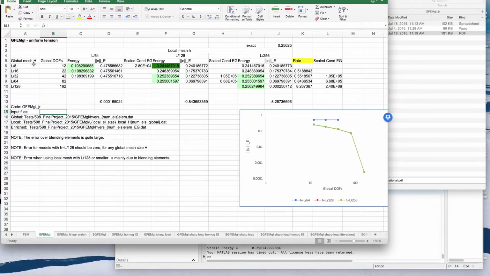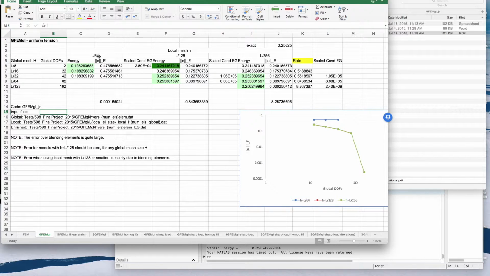The global mesh element size is denoted by capital H, and the problem was solved using capital H equals L over 8, L over 16, and so on. And here we have the corresponding number of global degrees of freedom, 12 DOFs for the L over 8 mesh, and so on. Here we have the strain energy computed